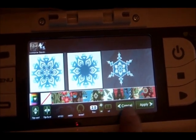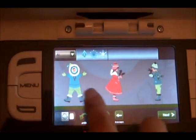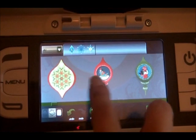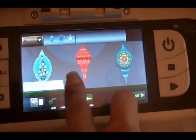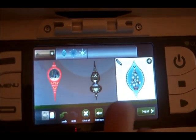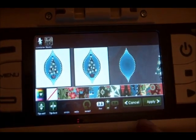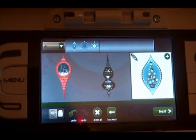Okay? And then I'm also going to do blue ornaments today. I'm also going to do an actual ornament, and I'm going to do this one right here. So I'm going to go ahead and click on that one, and I'm going to make this one 3.5 inches, and I'm going to make the snowflake 3 inches. So then once I have that, see 3 inches, then I'll go to my mat,